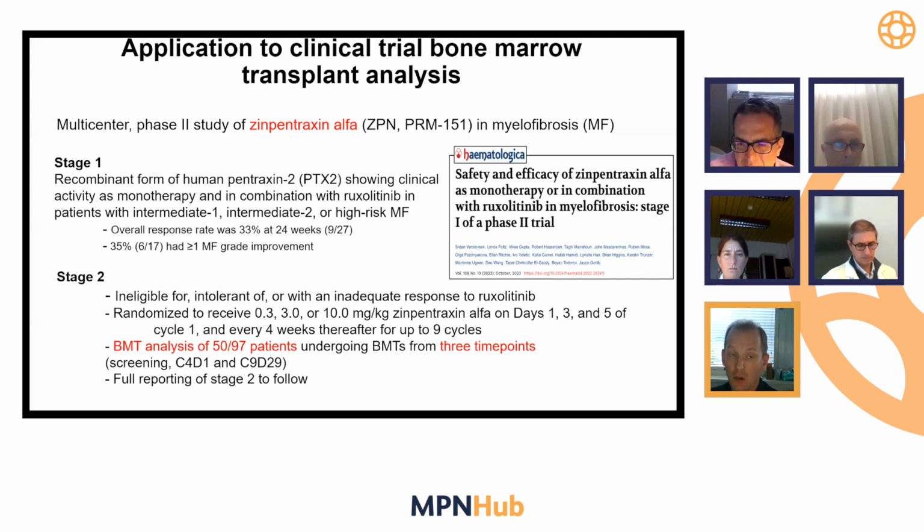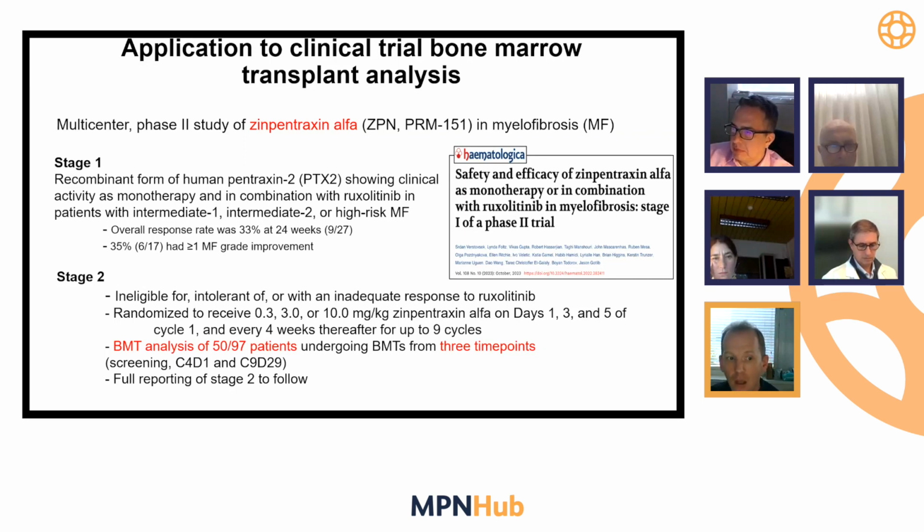So I can't speak too much about the individual clinical responses. We haven't had any exposure to them. We've simply had access to the samples. But for background, the stage 1 phase 2 report, which is recently published in Haematologica, showed that in patients receiving ZPN either as monotherapy or in combination with RUX, who had either intermediate-1, 2, or high-risk MF, there was around a 33% response rate at 24 weeks, and around a third had evidence of a 1-grade improvement by manual